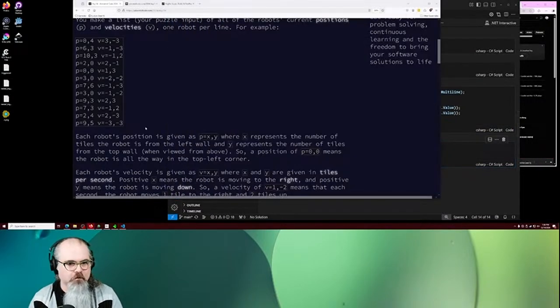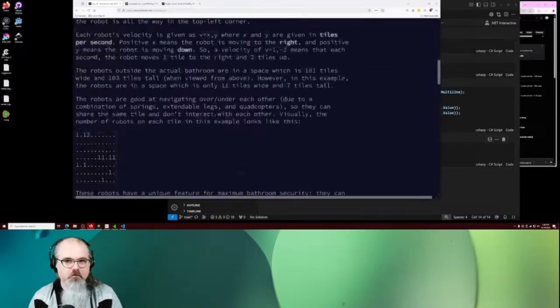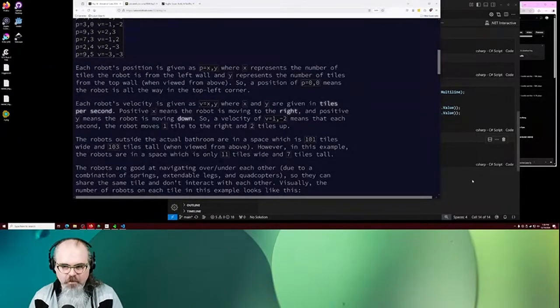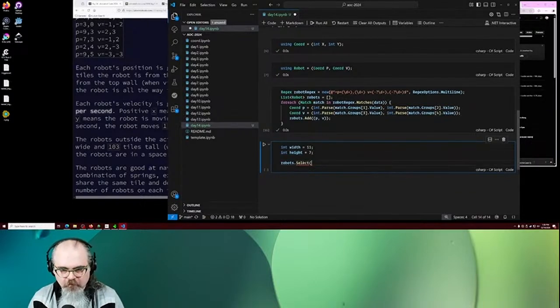Can I have my world size here? Yeah, width 11, height 7. Okay. And now we're just going to say robots select R goes to R dot P